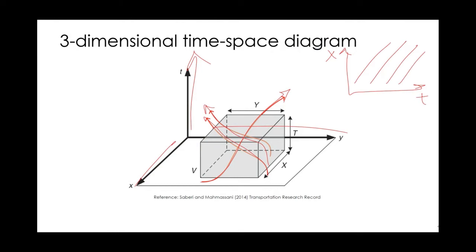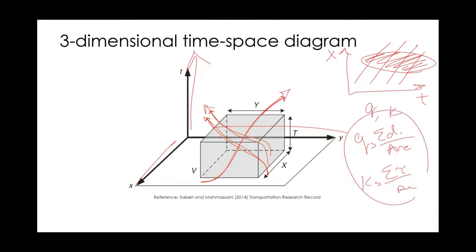And we said if I have trajectories, if I draw an area, I can actually calculate Q and K within this area. Q would be the summation of the distance traveled over the area, and density would be the summation of the travel times divided by the area. But if I extend Edie's definitions from a 2D time space diagram to a 3D time space diagram, I can actually revise these equations of Edie's and come up with some